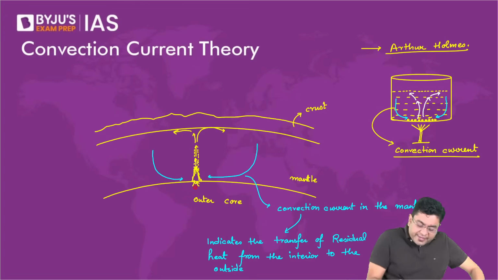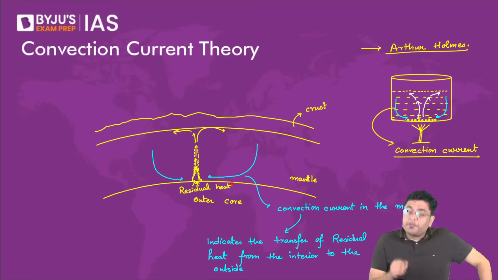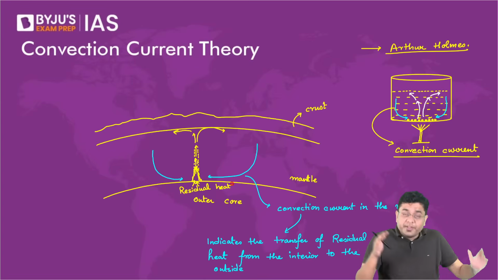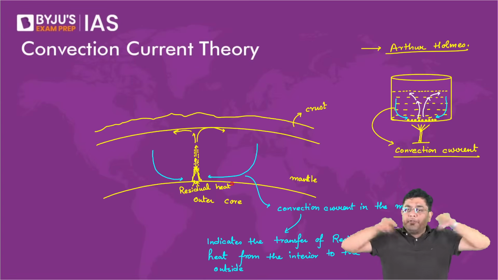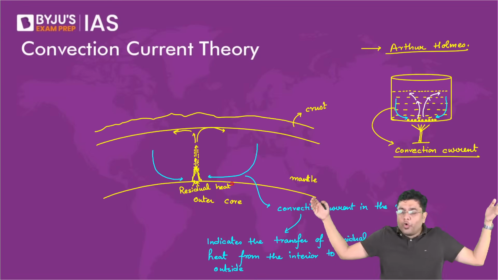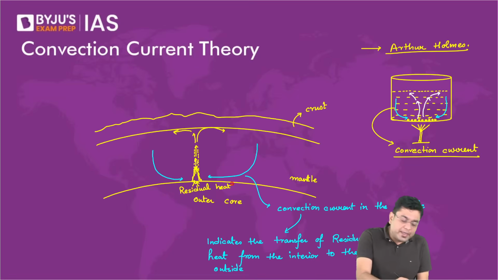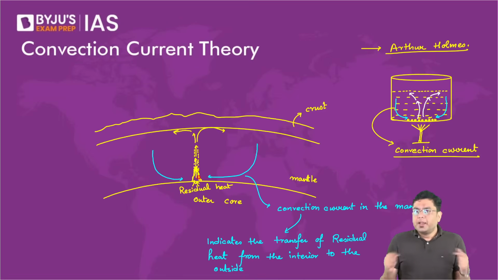Now, here, let's say residual heat is provided here, it will melt the material of the mantle immediately above it. That liquid will start to rise, and as it rises, it will transfer the heat above, and that is how eventually it will come closer to the surface. It will diverge based upon the obstruction of the surface, and in the meanwhile, the colder compressed solid of the mantle will end up replacing the gap created by this rising liquid. So that is how an entire convection current is created.